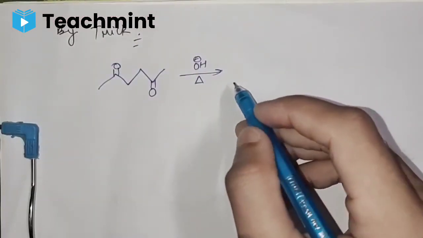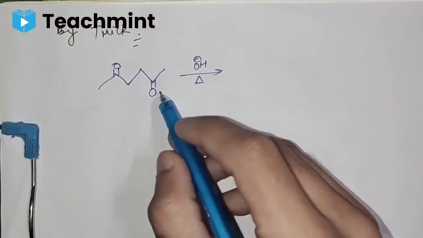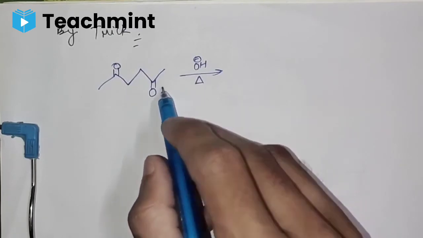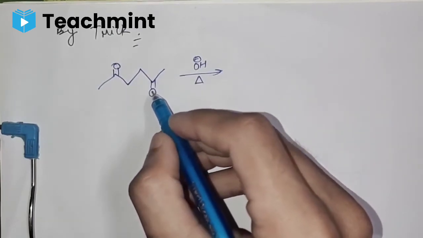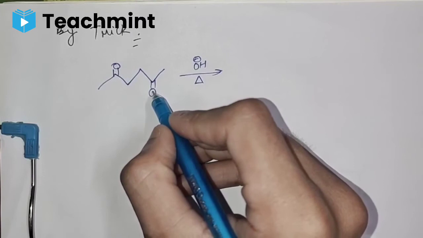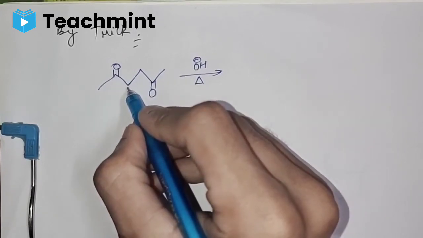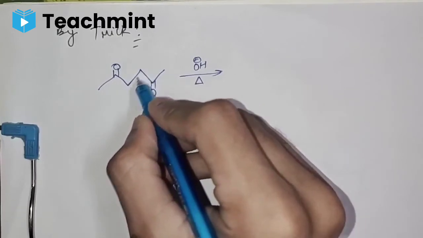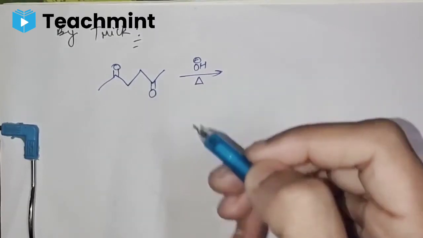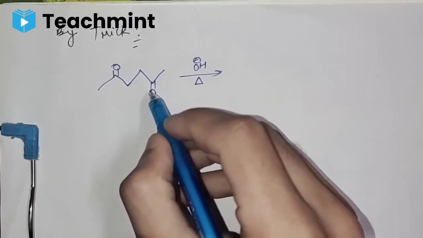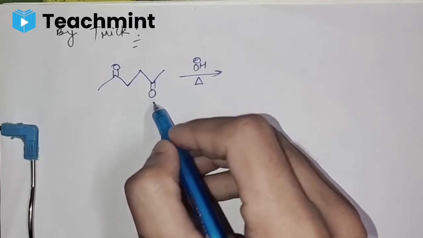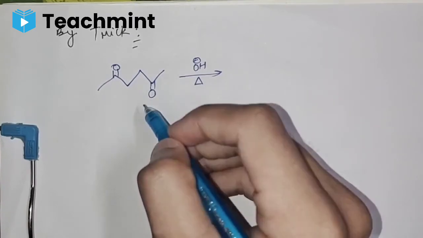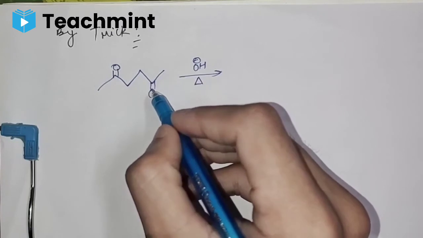So let's see the trick. Here there are multiple possibilities, but we should find the major product among them. The first possibility is oxygen from here and here it is the alpha hydrogen, so 2 hydrogen from here. But if we see, it will get converted into a 3-membered ring. A 3-membered ring is highly unstable, so that will not be a stable product. So we should take at least a 5-membered ring so that the ring strain will be least.